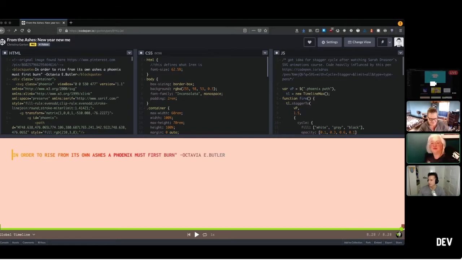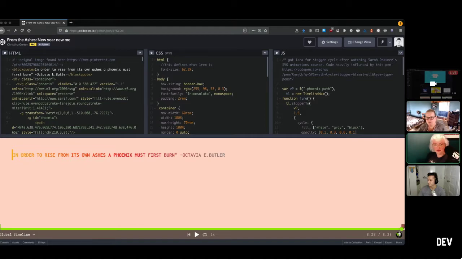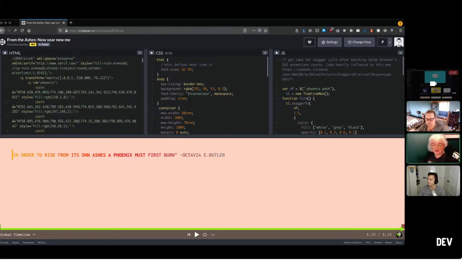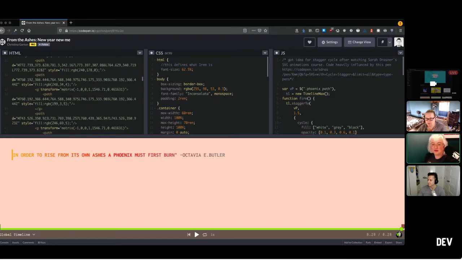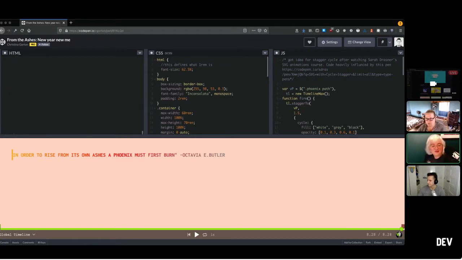Sure, yeah. So what we're seeing here is the CodePen Editor, which is just the 3 panels up at the top there: HTML, CSS, and JavaScript. And the coolest thing, I think, about CodePen, especially when you're first getting started, is that as you write code, it just updates right there in the preview panel. So everything that you do that has any kind of visual aspect will show up in the preview, just as if you had published it to a website.